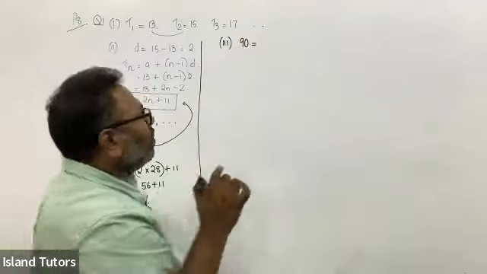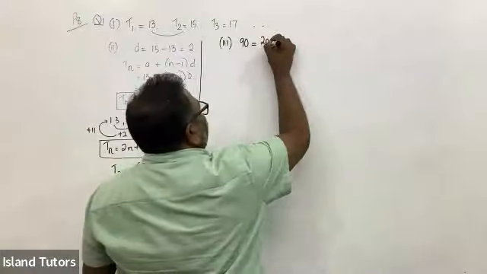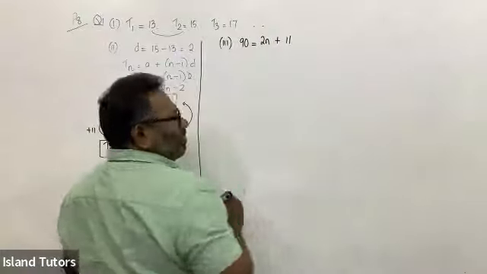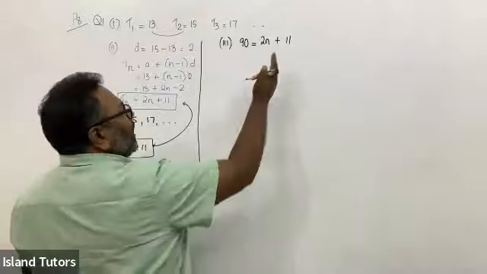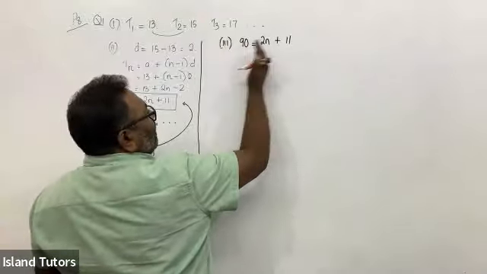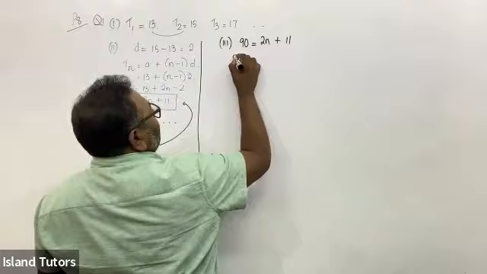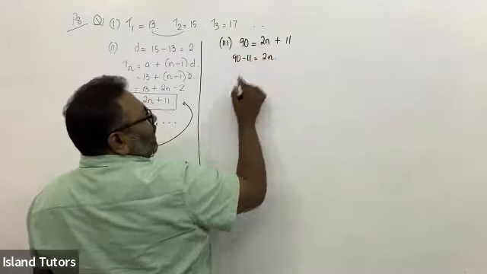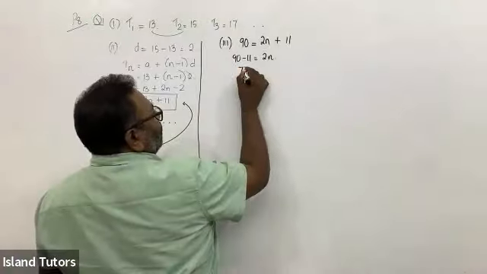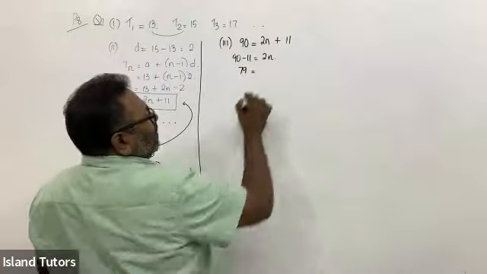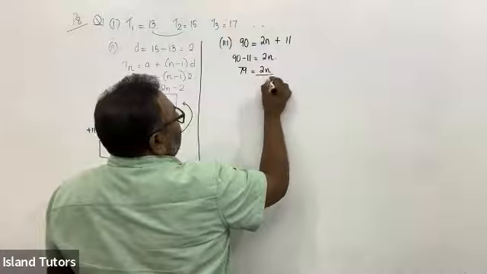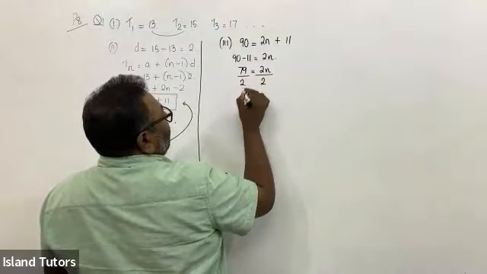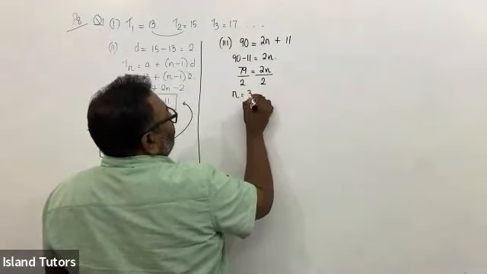We can find that out, no? So 2n plus 11, right? So 2n, we want to find out n, take the 11 this side, 90 minus 11 is equal to 2n. 90 minus 11 is 79. 79 is equal to 2n. Divide by 2. Divide by 2. n is equal to